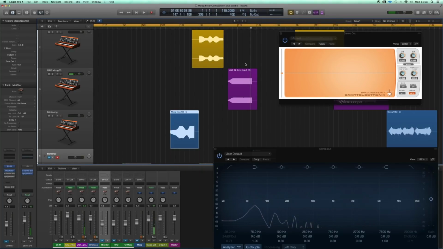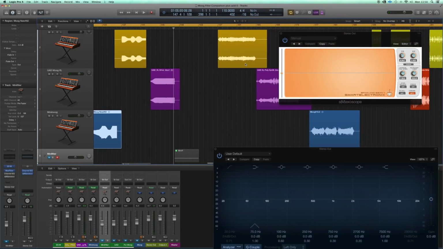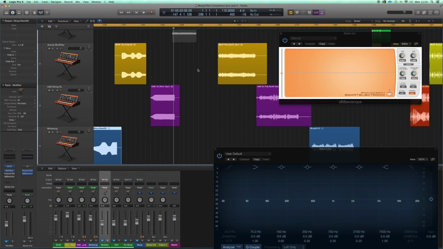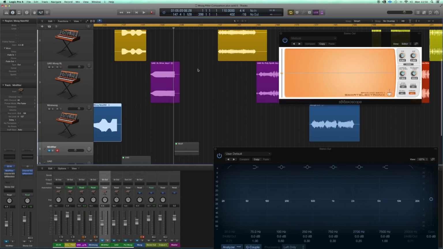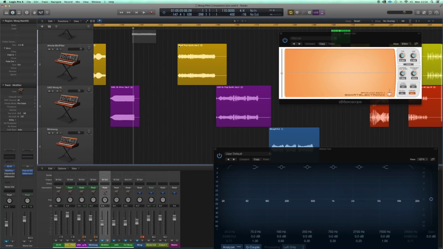One word of warning with the UAD, you really have to control the gain, because once you start adding the drive, the gain goes through the roof. So I've had to automate it so I'm not getting huge signals coming out, because they do get massive. Okay, next up,